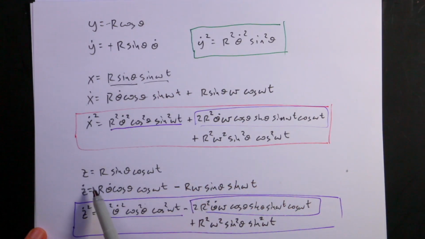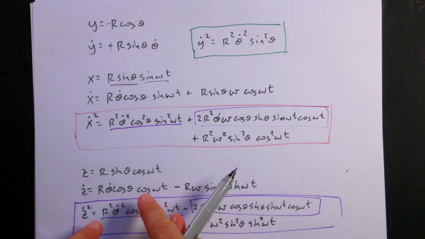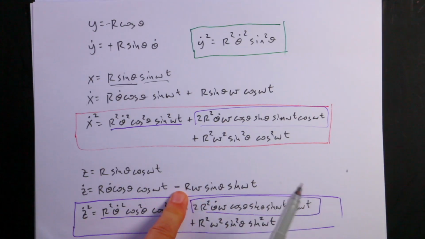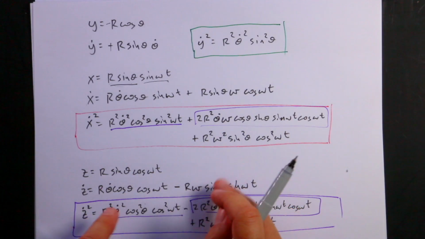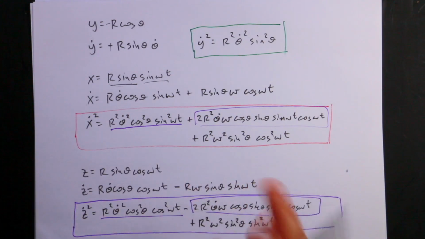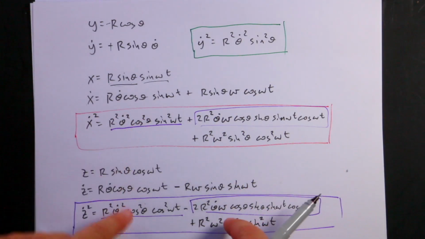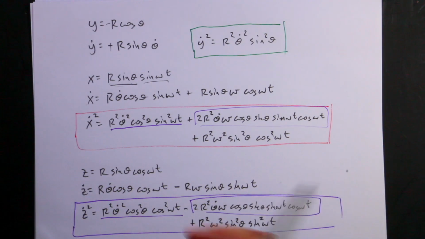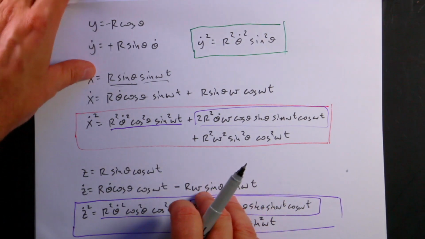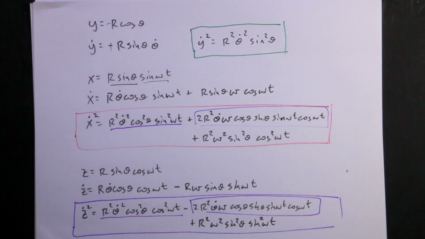Now I do the same thing for z, and I get three terms. But you'll notice here that there's a negative sign in the z derivative. And so when I get my cross term, it's going to be the exact same cross term as up here, but negative, and those cancel. And then I get a bunch of sine squares and cosine squares, and those all factor out so that I can get my kinetic energy,